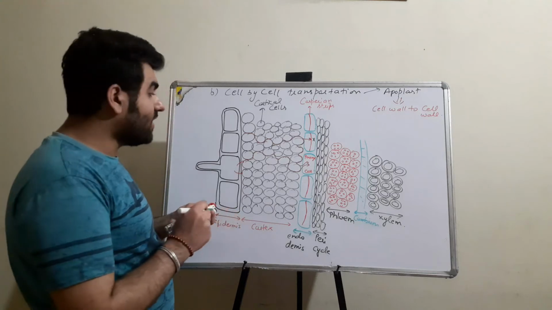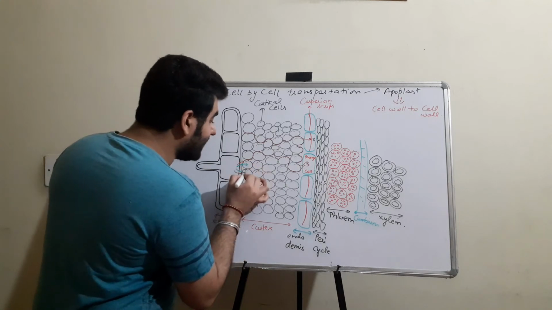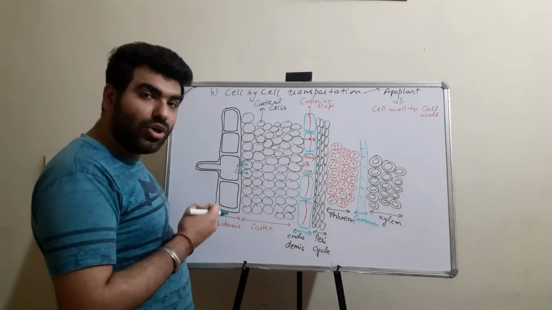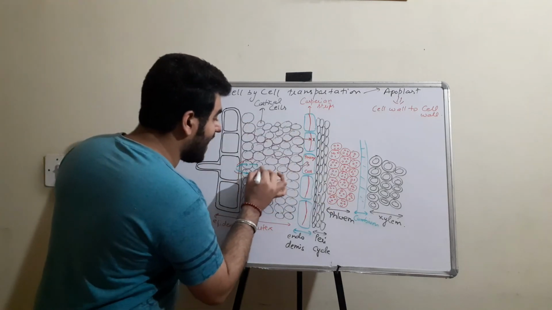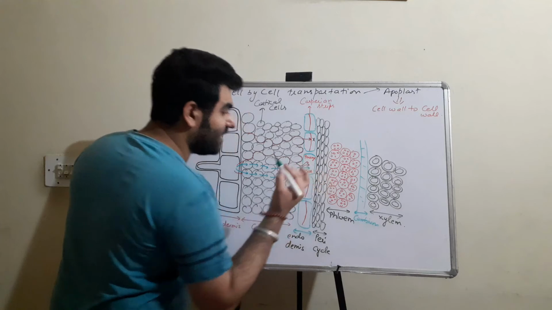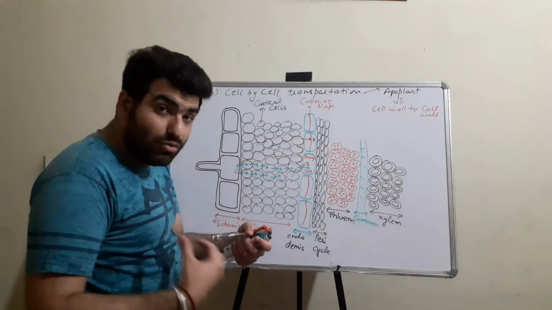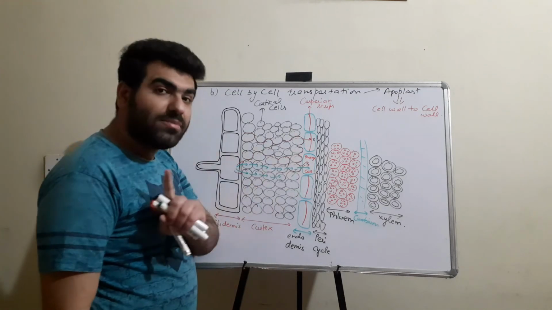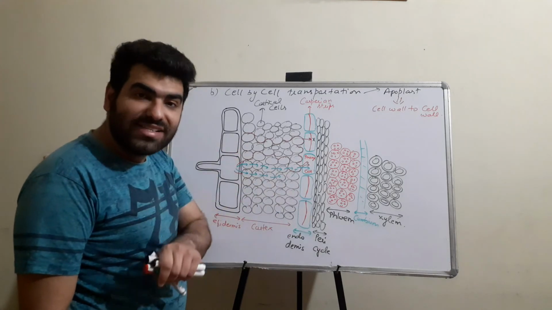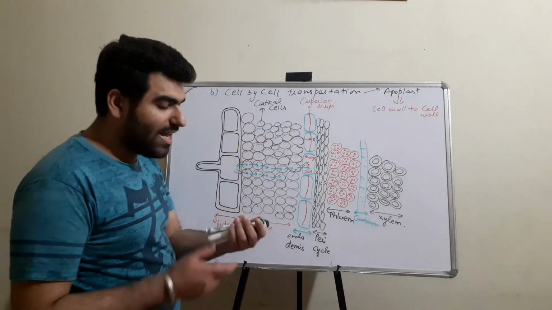Now there is also another pathway in which the water enters into the cell and makes this cell turgid. So this cell is more turgid, and we have discussed that water will travel from more turgid to less turgid. So it will again enter the other cells from more turgid to less turgid, and finally it will enter the passage cell to move further. In this technique, the water is moving inside the cell, unlike the cell wall to cell wall movement. This is by the difference of turgidity, from more turgid to less turgid.